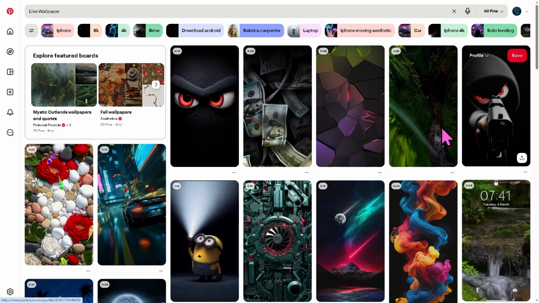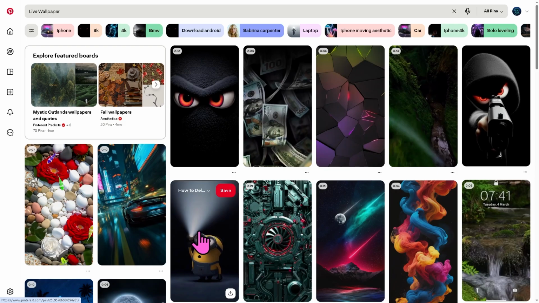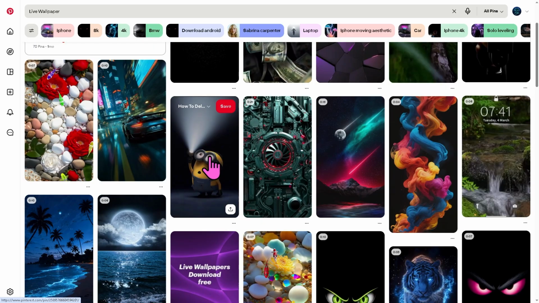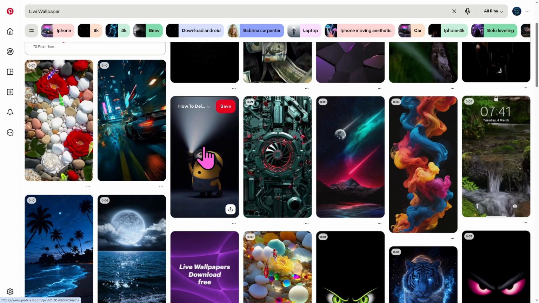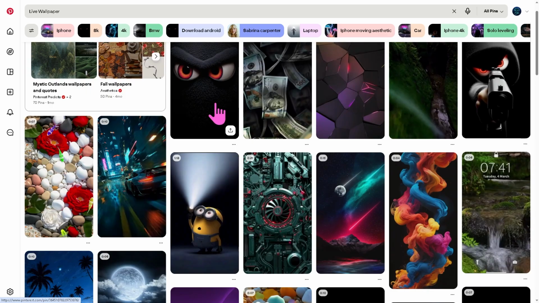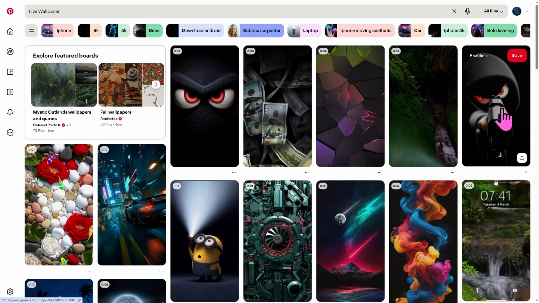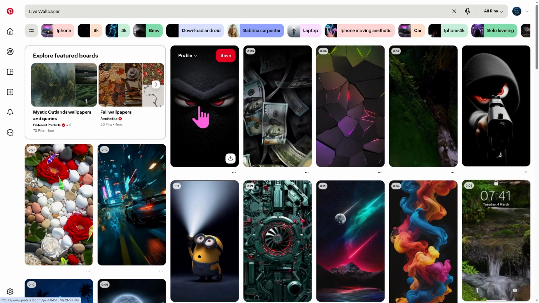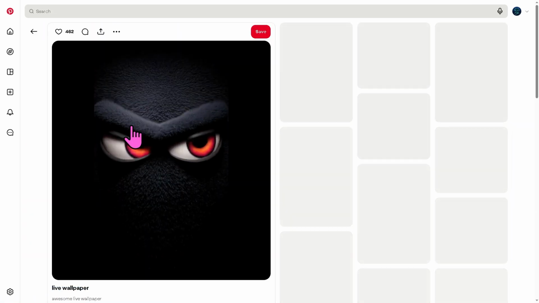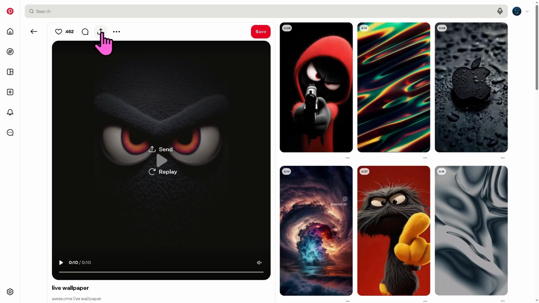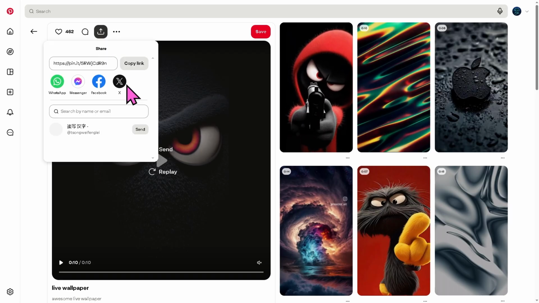or GIFs. Now, I'm very interested in this Minion live wallpaper. I'm gonna click on it if it's all playing. It takes a little while, so I'm just gonna hover down here instead. I want you to click the pin. Now, on the top corner, I want you to click the share button and then go to the section that